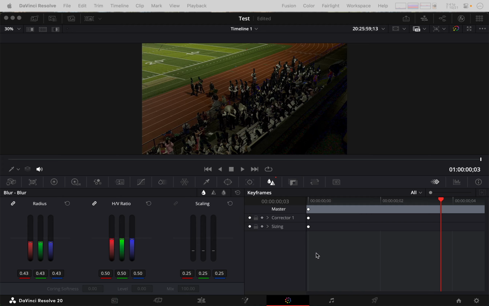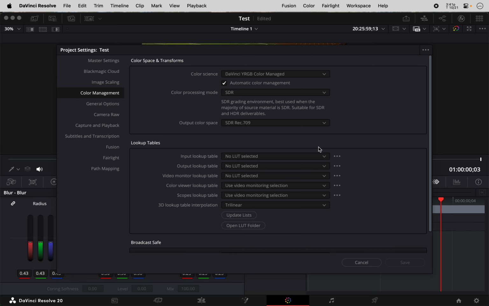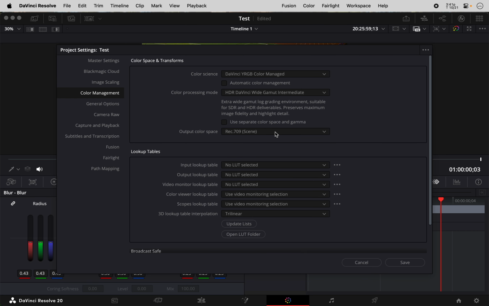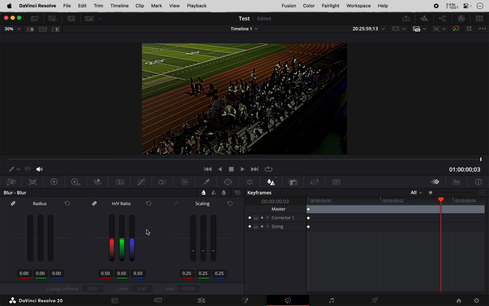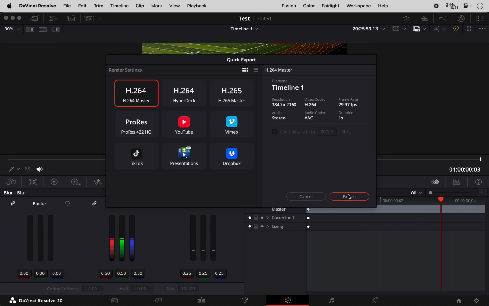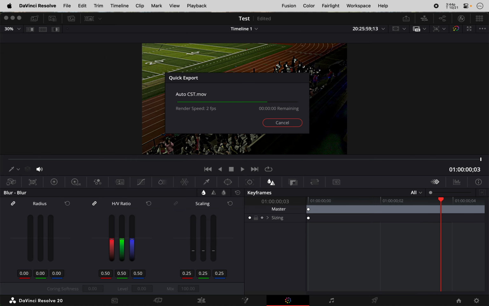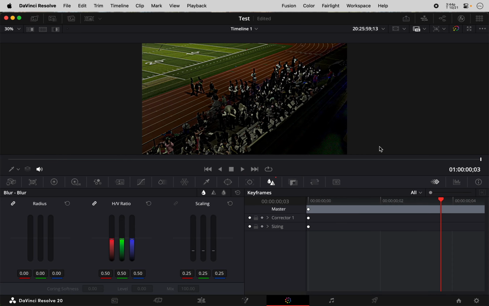Okay, so let's go back to our settings that seem to be most faithfully reproducing what we did before. Now we should have the same video as we had with manual color space transforms. Obviously we don't. Let's export that, call it auto CST. Now let's look at whether these artifacts actually show up in the exported movie and if they're the only differences